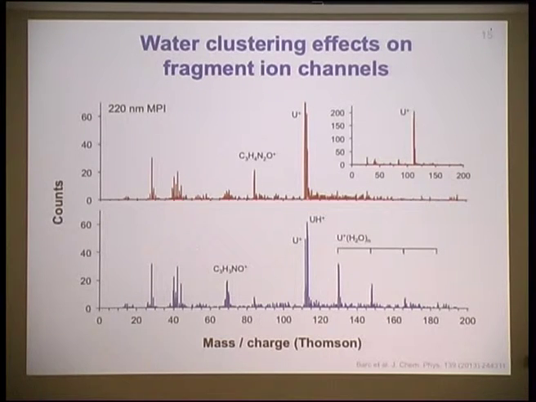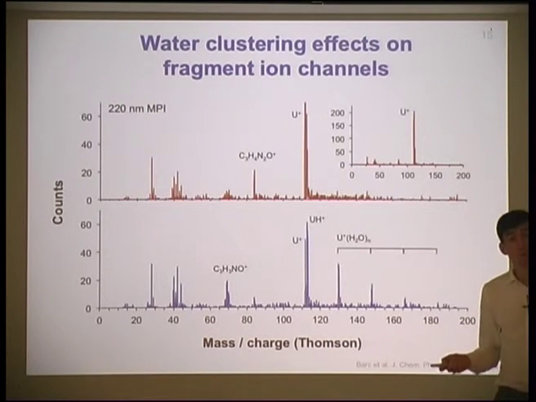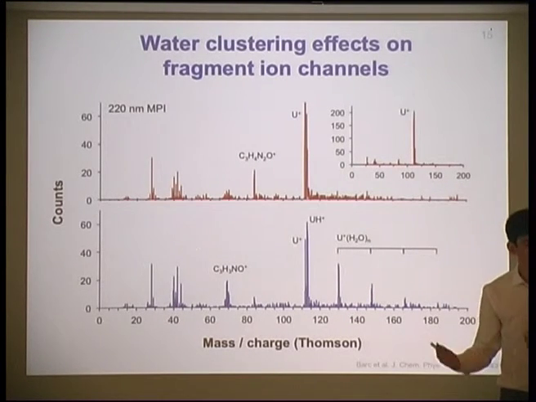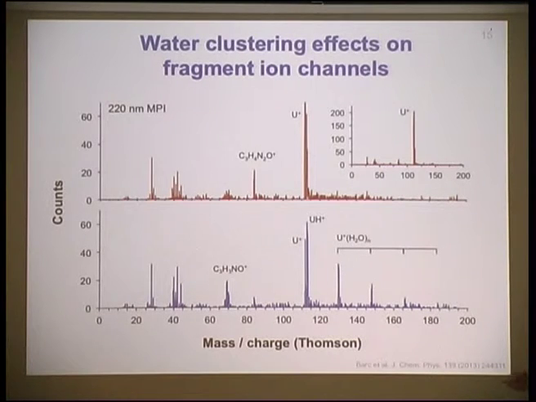But here we come to a problem with our experiments, and a problem with lots of experiments in clusters, which is that you don't know for sure, in most cases, where the ion that you detect in your experiment actually came from. So it'd be very nice to run these experiments knowing that you've got uracil and one water molecule, and then you're already seeing this stabilization effect. Or do you need an entire closed shell of water molecules or something like that? But we don't have that information.